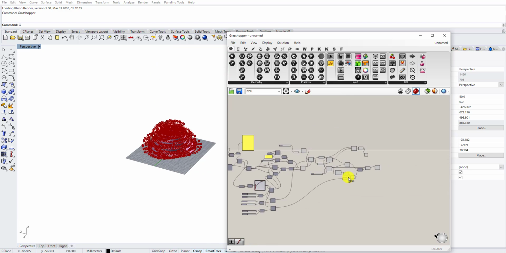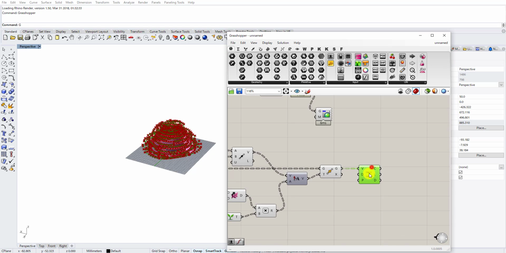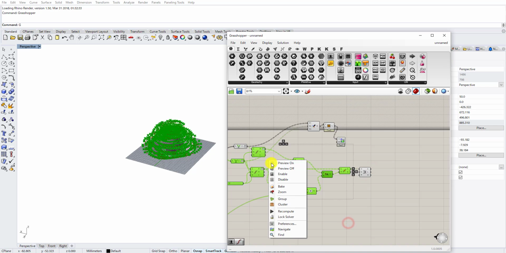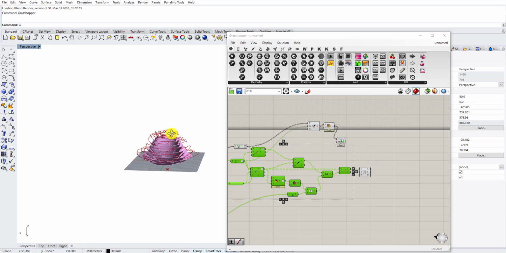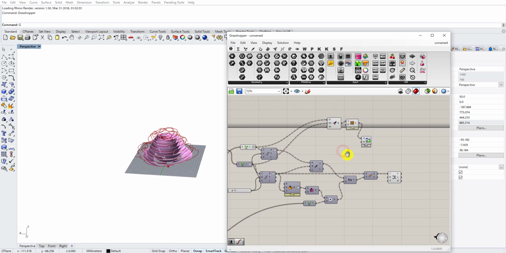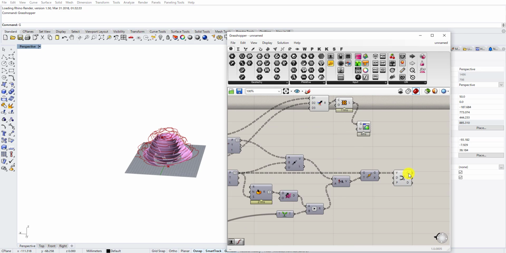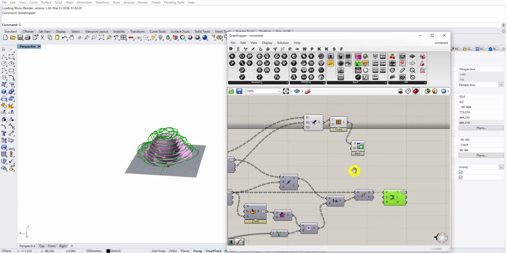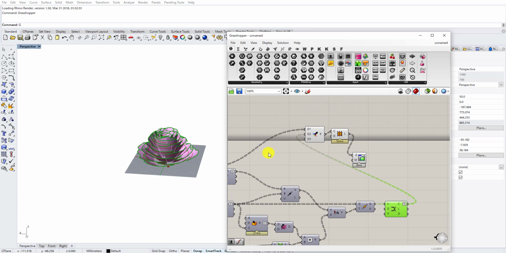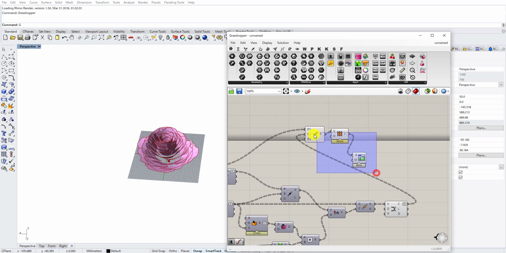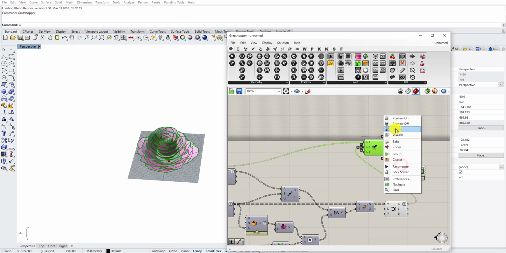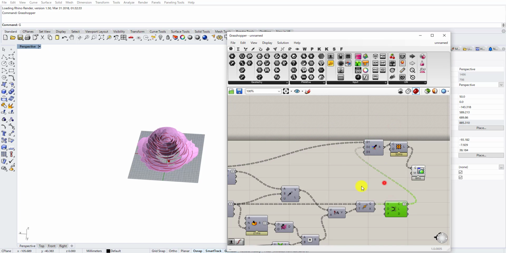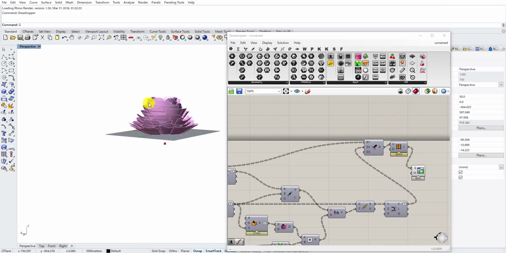I mean, better than the last one, I think. Let's hide those together and reconnect this, simplify this, and reconnect it here. And let's see how it looks by hiding all these. And yeah, it looks more like a